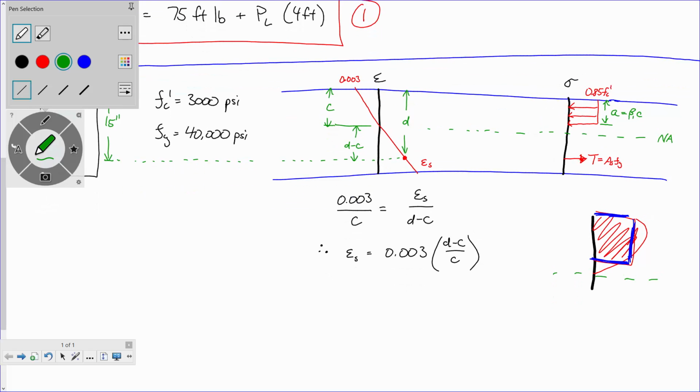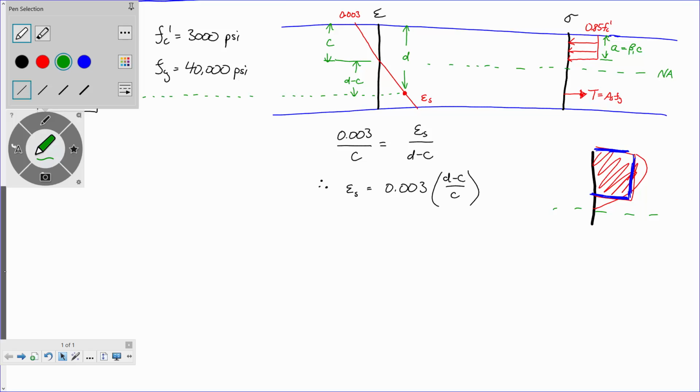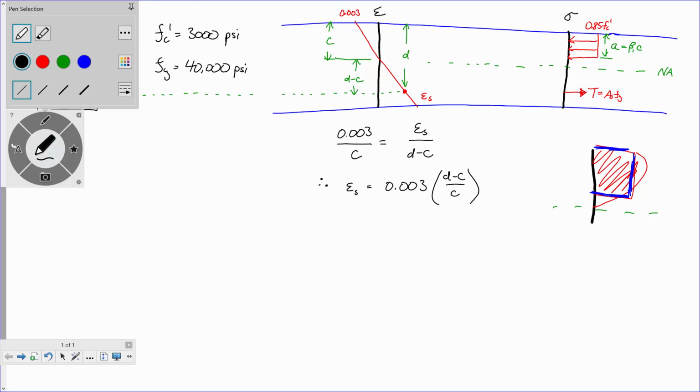So here's the thing. We have a model that represents what we've got going on in terms of our concrete beam, but we have to be able to determine what these forces are. And how do we determine what those forces are? We use equilibrium. In other words, all the forces in compression have to equal all the forces in tension, otherwise the beam's running away from us, right? Everything's got to balance out. So if I drag that down to where I can see it, if I recognize that compression has to equal tension,